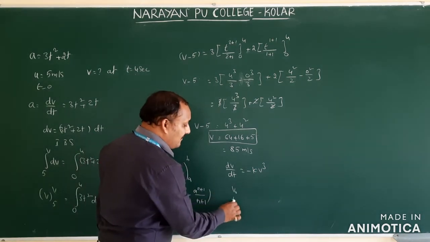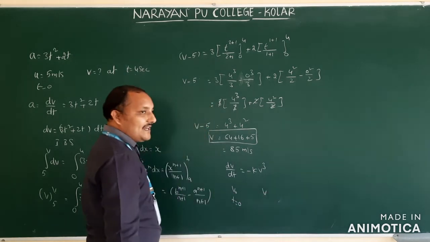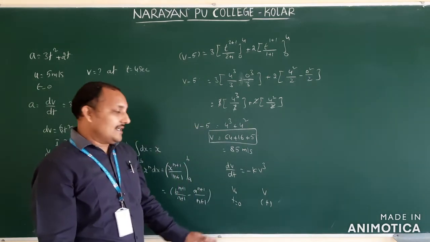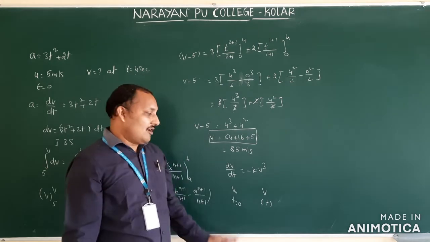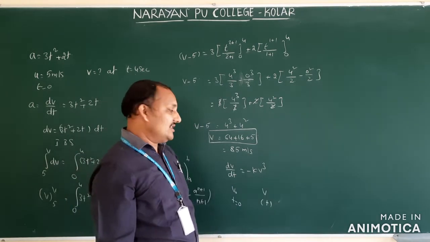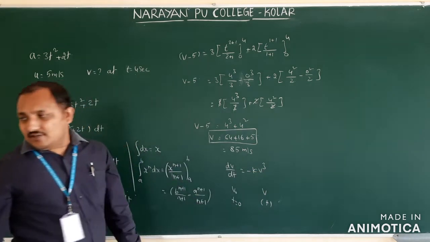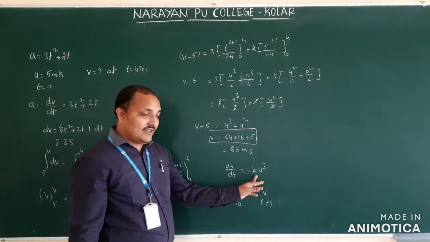At time t is equal to 0, after some amount of time, its final velocity v. It is changing with respect to time. Means time to time how it is going to come to rest, how it is varying. They are asking. So minus k v cube. V cube only. So dv by dt is equal to minus k v cube. V cube they gave in RHS.